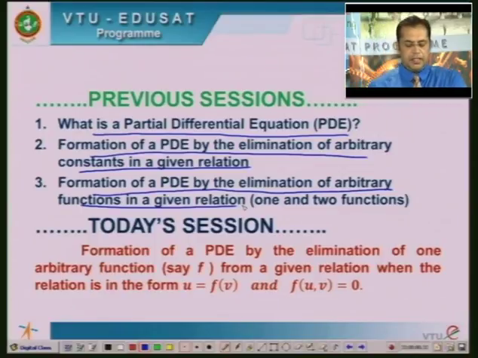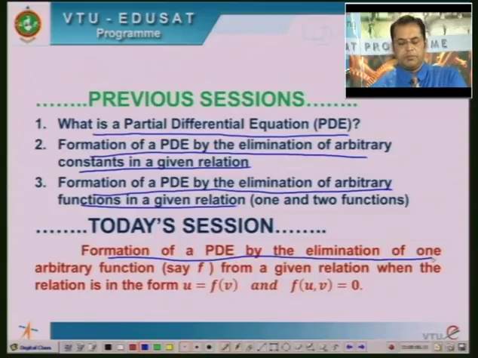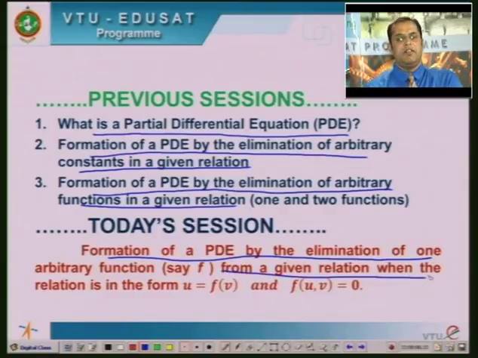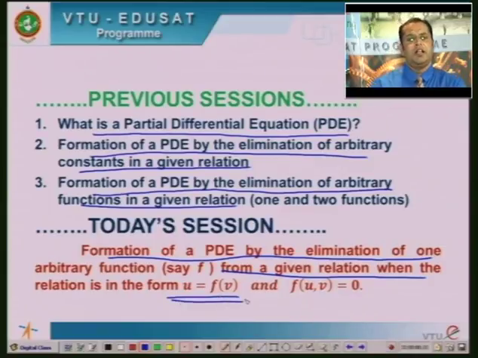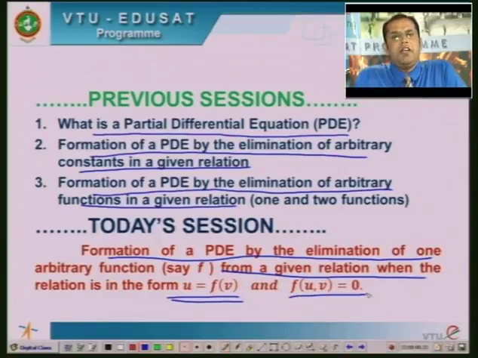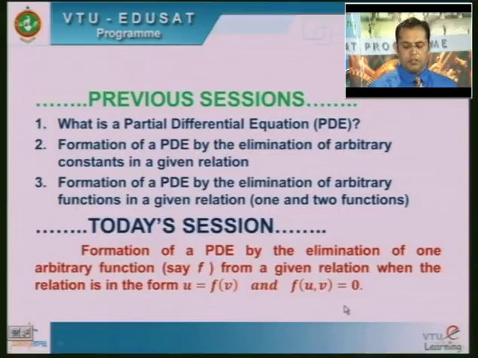expressions given. So, we try to form a PDE by the elimination of one arbitrary function, say f, from a given relation, when the relation is in the form u equal to f of v, where u and v are some functions of x, y, z, and second, f of u comma v equal to 0. Okay, we can see later that both are equivalent, but the methods of formation of the PDE are entirely different. Now, let us